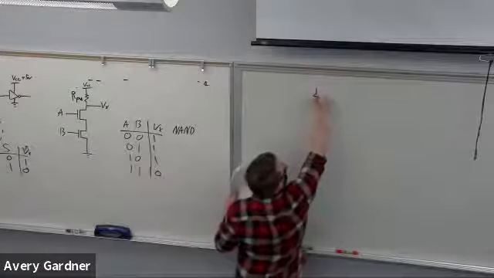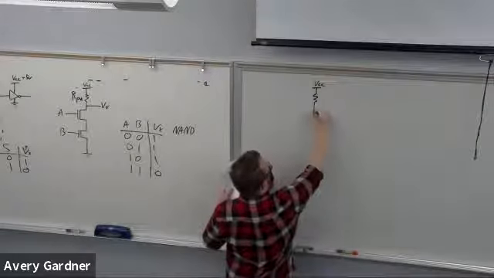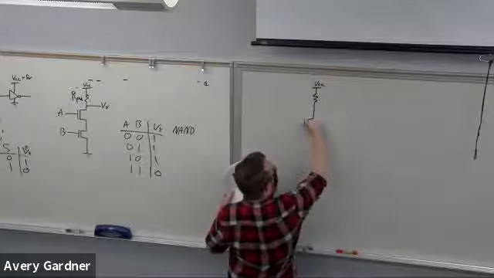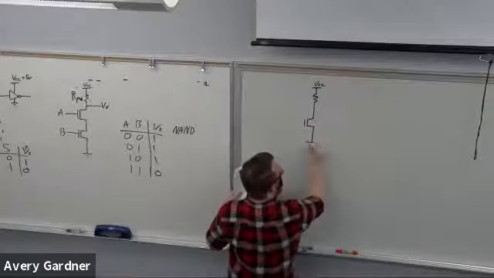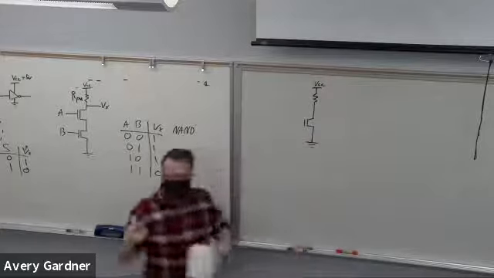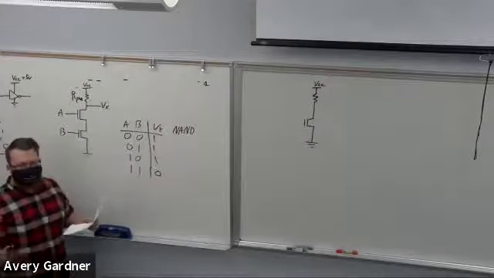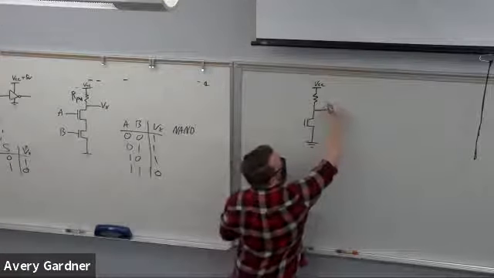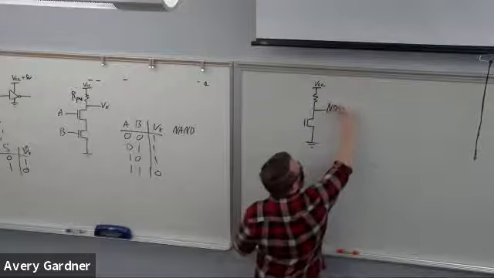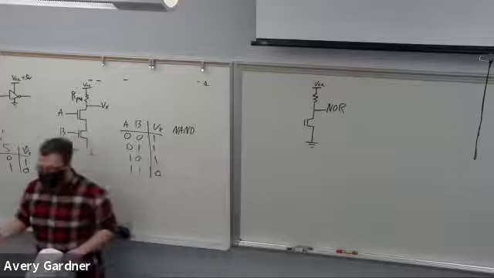We're going to have a pull-up resistor. But what we need is something a little bit different: we need to be able to have the switches connect ground to our output. I already said this is a NOR, so if either one of them